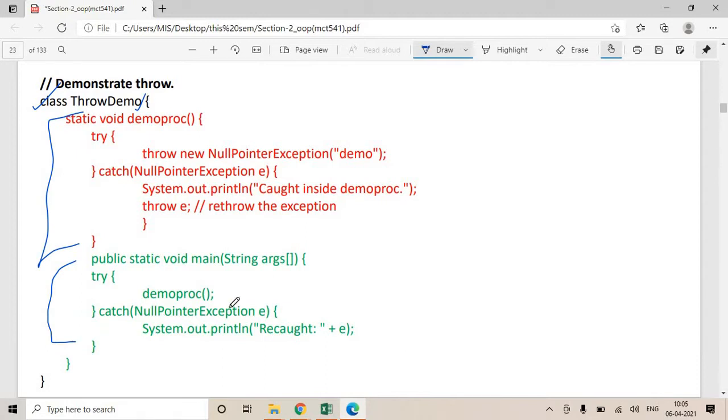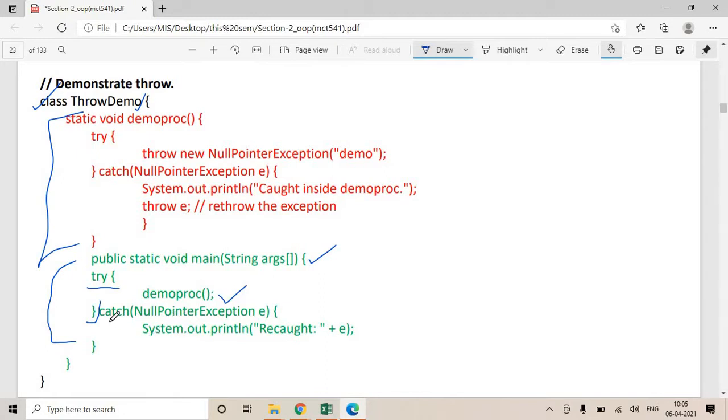Let's start with the main function. We have written public static void main. Inside the main function we have written a try block. Inside try we have given a call to the demoproc function. One function can give a call to another function.